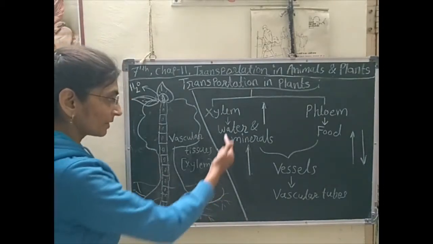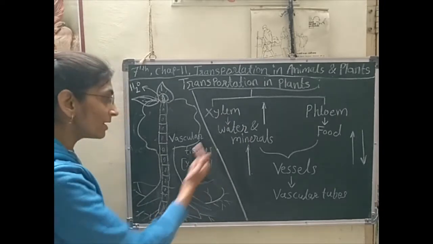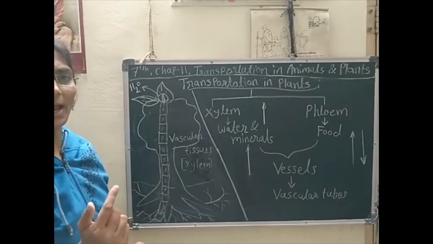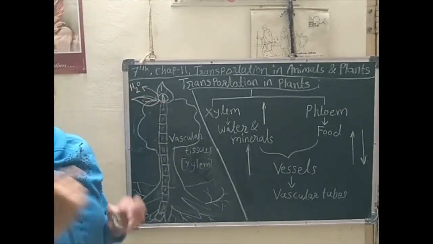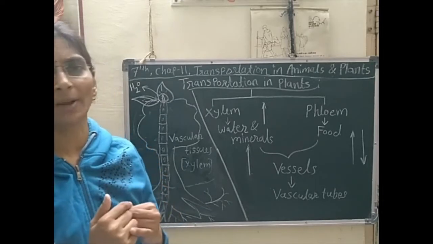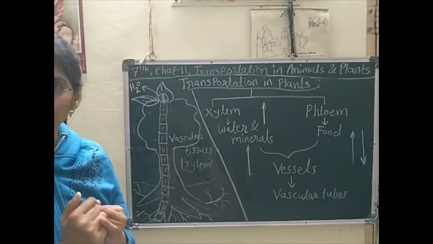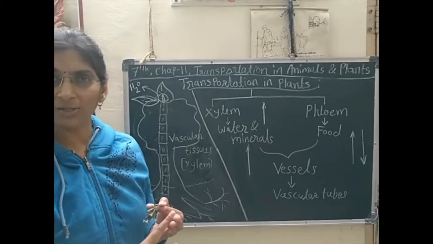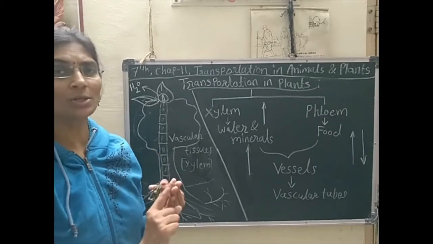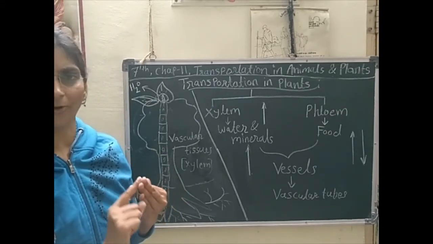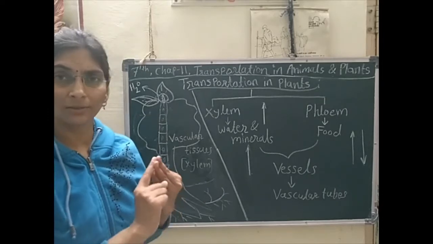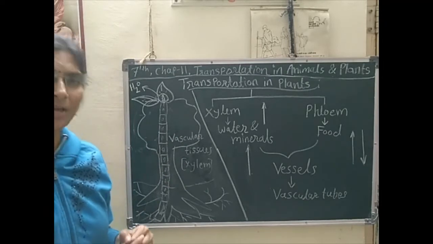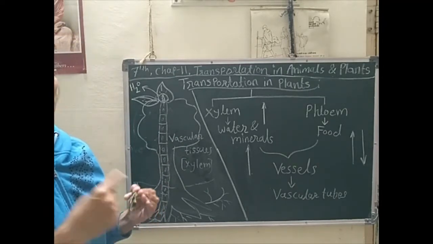From the soil, water and minerals get transported towards the leaves. Yes, because we know that inside the leaves the preparation of food takes place, by the process of photosynthesis. For that photosynthesis, water, carbon dioxide and sunlight are used, and in that process food is formed inside the leaves. Food is prepared, and through the process of respiration that food is converted into energy.